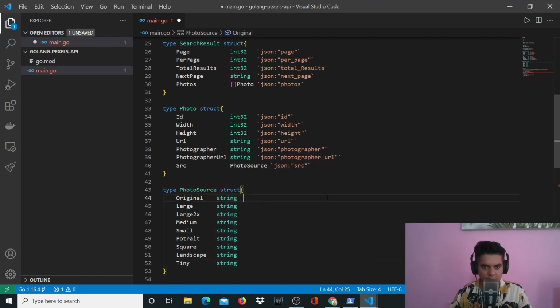Now when we receive this from the API, it's going to have this exact spelling. It's going to say original. So in our Golang project, we're going to keep it original with capital O, but the API is going to give us original with a small o. JSON large,